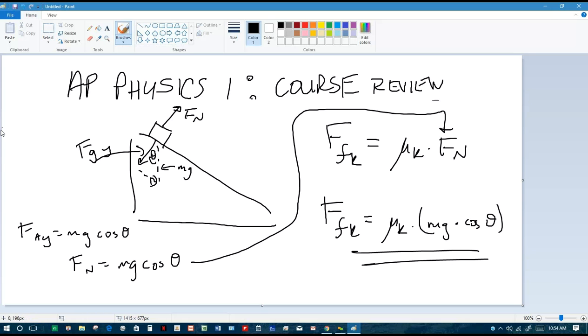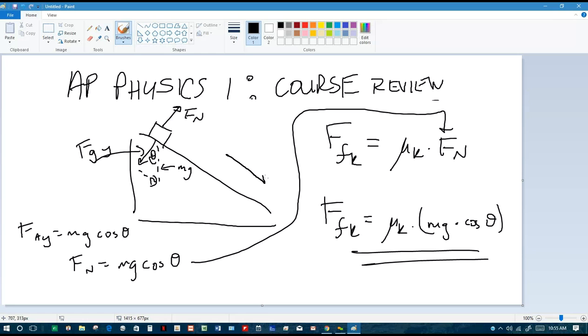And it would cause the object to speed up. Friction doesn't cause you to speed up, but it would cause you to speed up at a slower rate than you would if there was no friction. If there's no friction, you fly down that thing and your speed would increase very rapidly. If there is friction, that force will remove the overall